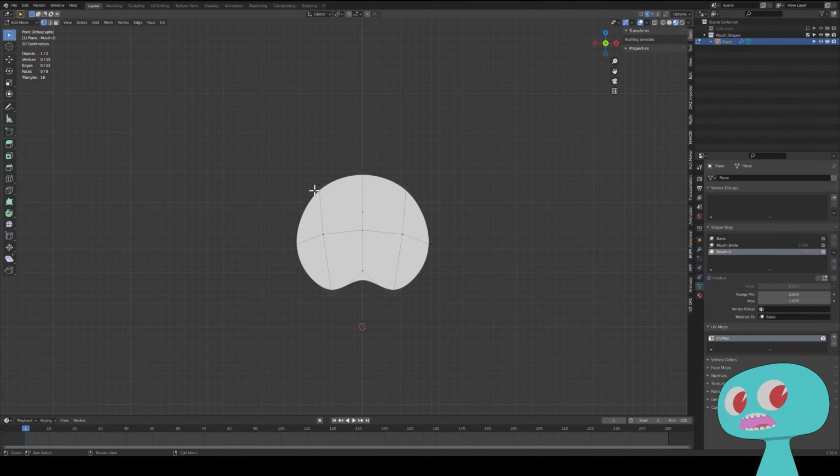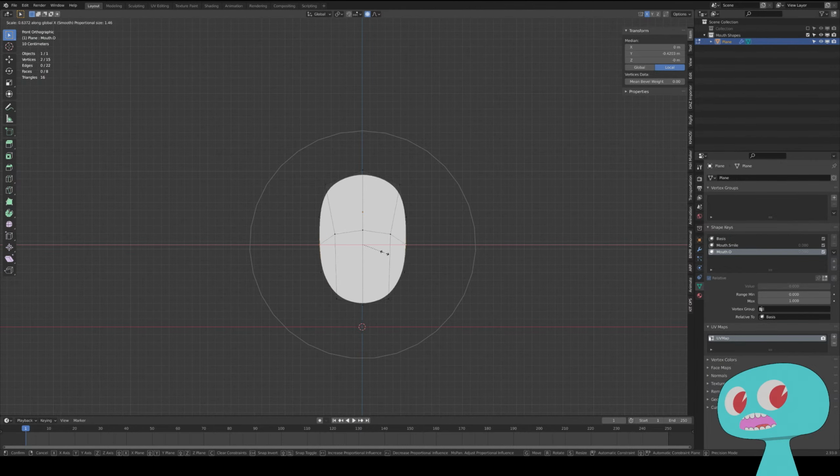So you kind of got teeth here at the top and the tongue. So it's more, instead of an O, if we bring this down, actually we can turn it into an O. And then we'll do a separate one completely where we have the tongue sticking out, and that'll be more of a scream sort of. Yeah, so both of them will have the teeth up the top, but with the O we'll kind of, let's see, proportional editing, and then just